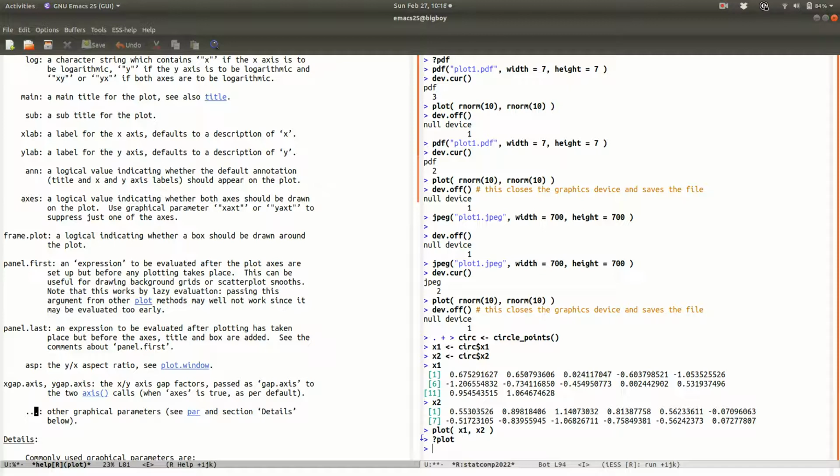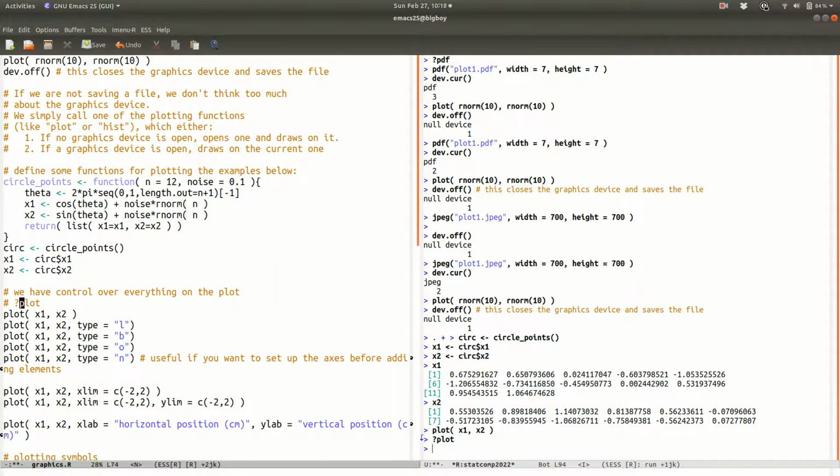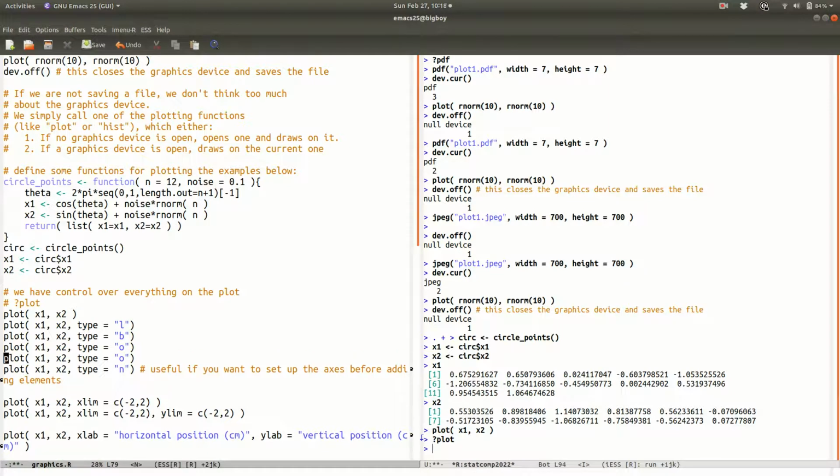Now there's also dot, dot, dot. Why don't we come back to this? So you can specify a whole bunch of other things, and we'll come back to this in a second. Okay. I want to add c. Okay, so that's